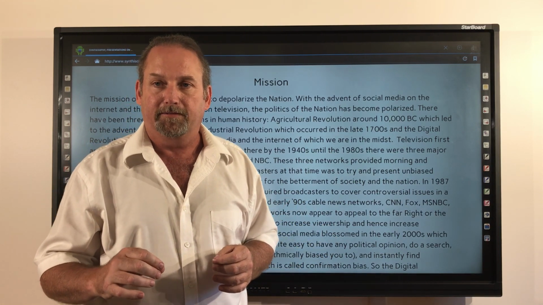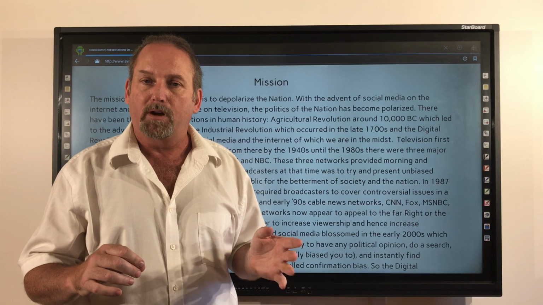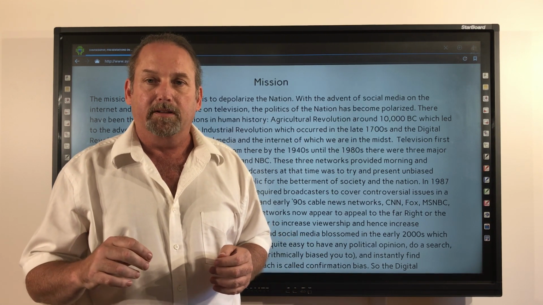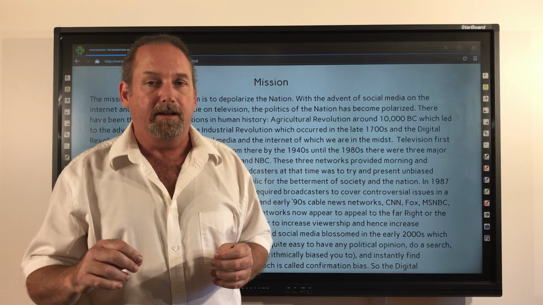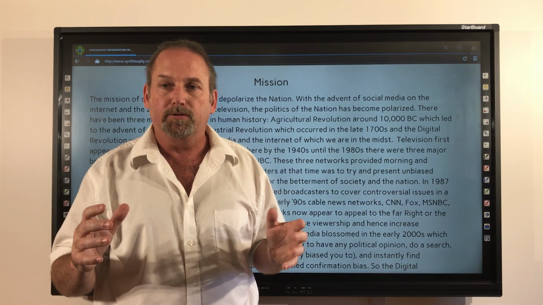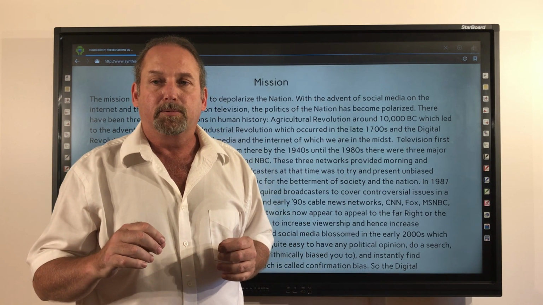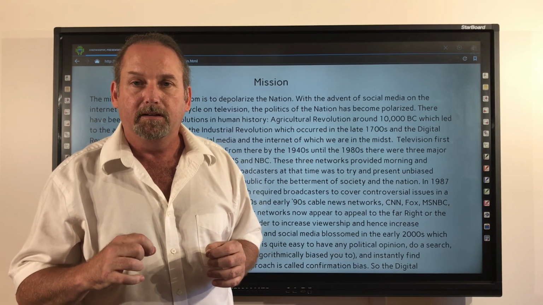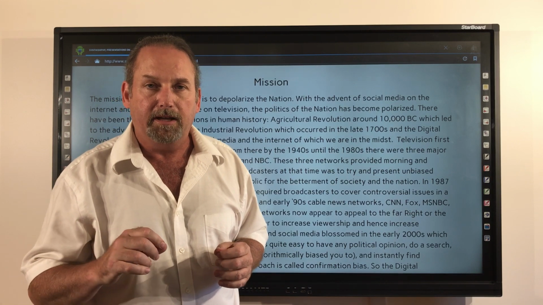This polarization is reflected in Congress, in which there is little cooperation between the Democratic and Republican parties. The parties on the left and the right in the House and Senate have become insular, vehemently opposed to each other. This polarization in Congress started 25 years ago, right along with the advent of the internet, social media, and the digital age.